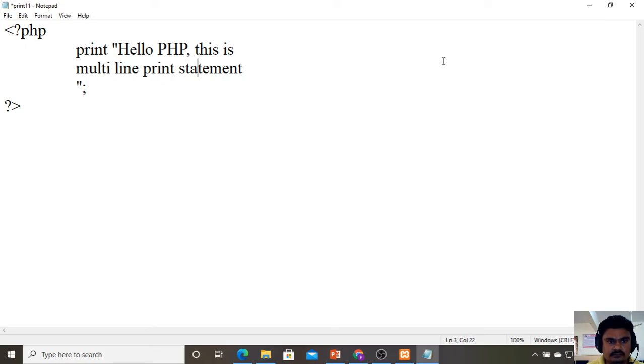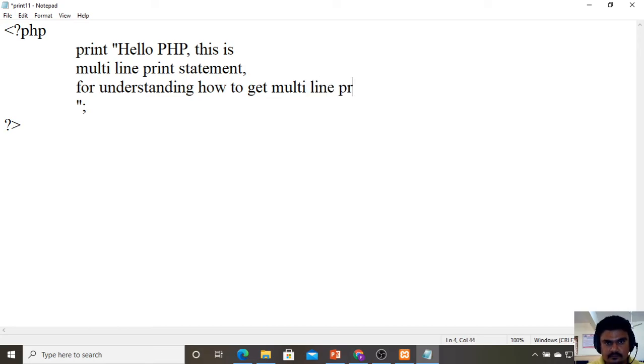If you want to add some more statements, you can add like hello PHP, this is multi-line print statement, for understanding how to get multi-line print. Okay, so I am going to save this file.